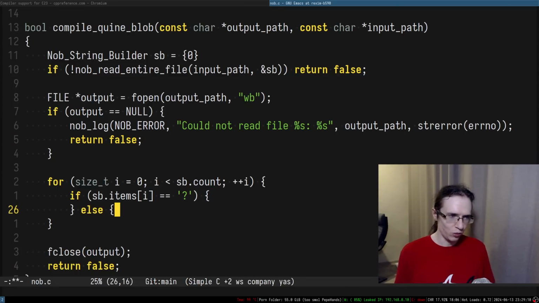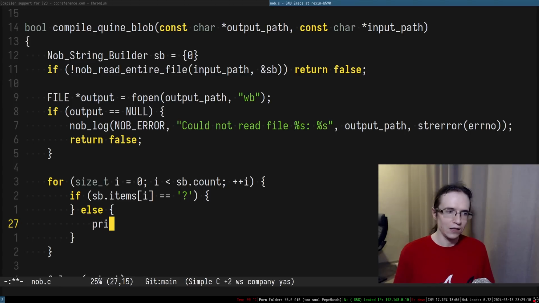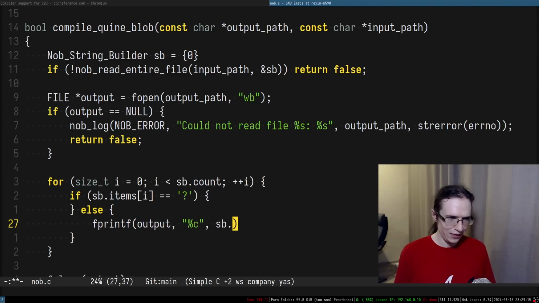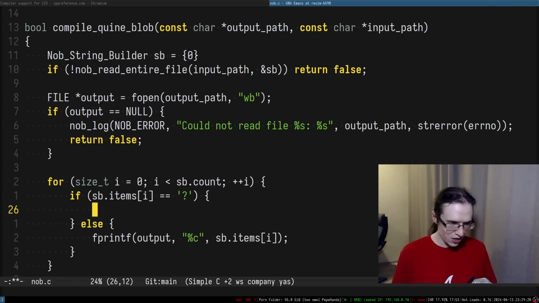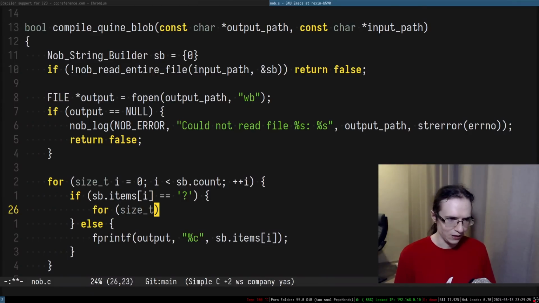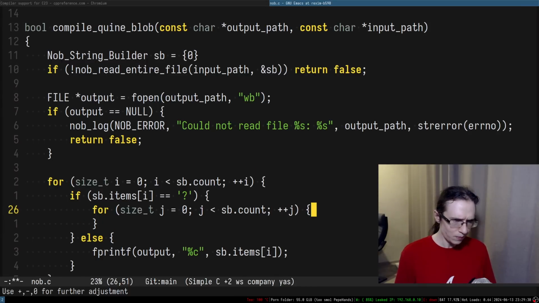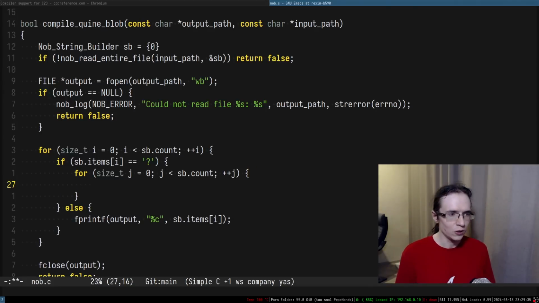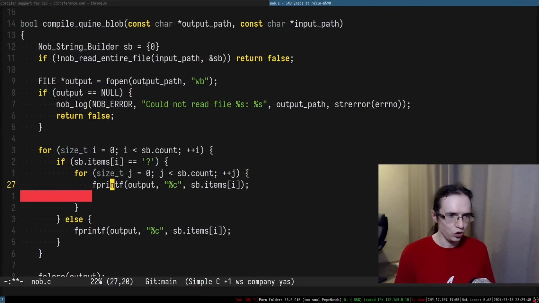If it's not the question mark, we're just going to print a single character in here, right? So maybe we're going to do fprintf output, print that character in here. Otherwise, in place of the question mark, print the entirety of the blob again, right? So it's going to be a sort of nested thing in here. It's going to be something like that, sb count, ++j. There we go. So this is our sb count, and in here we can just say, okay, print j,